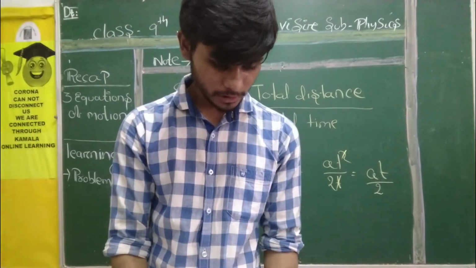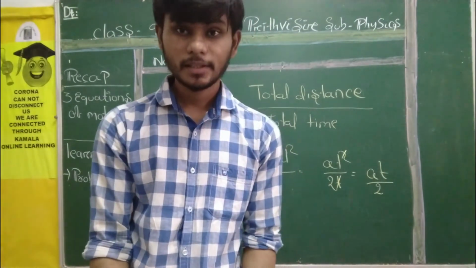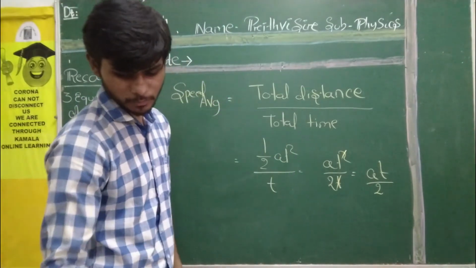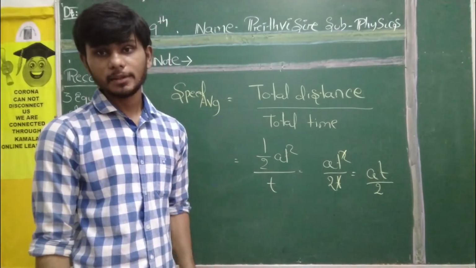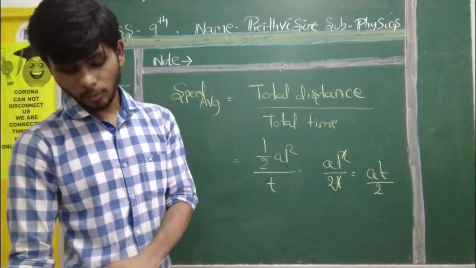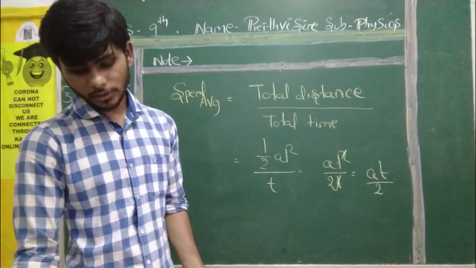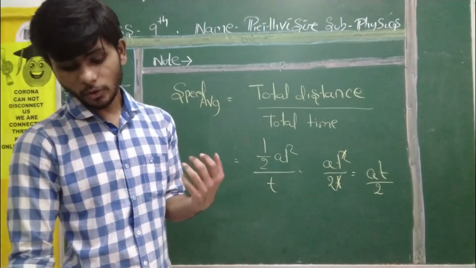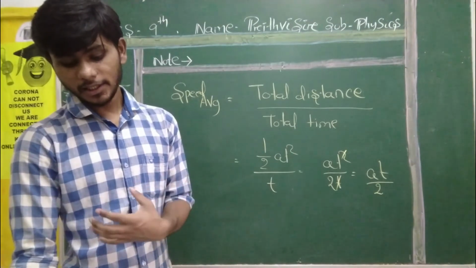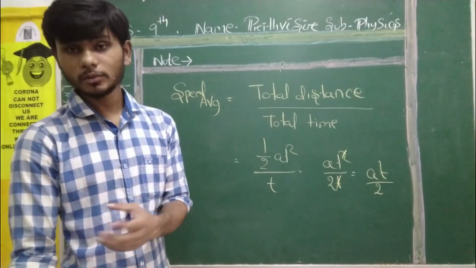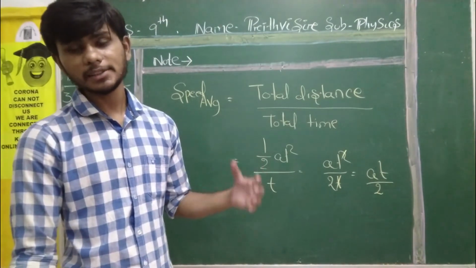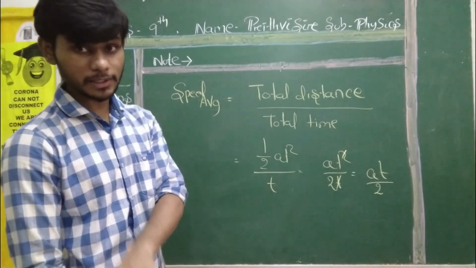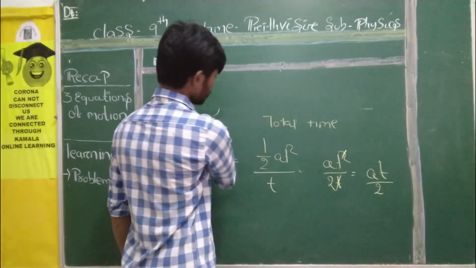Then, anything else we need to understand? Yes, students, on the first problem, please look at the first problem which I explained. In the first problem, he is asking what will be the speed on the 10th second. Here we got n is equal to 10 seconds, a is equal to 2 meter per second squared, u is equal to 0 meter per second, and we got the formula u plus a multiplied by n minus 1 by 2. That we should follow. But what we have done is applied s is equal to ut plus half at square. At some point that was okay, but this is the formula you need to apply. So let me do it again.